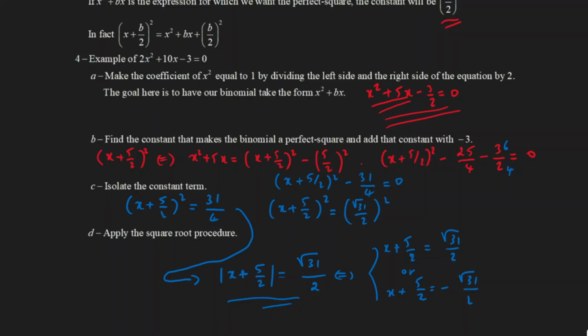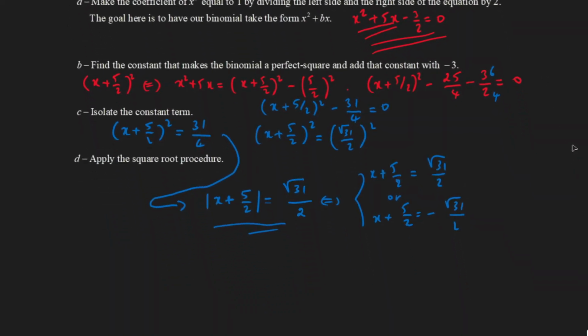So finally, what do we get? If you take the first equation, we'll have x equal to square root of 31 minus 5 divided by 2. And the second equation will give us x equal to negative square root of 31